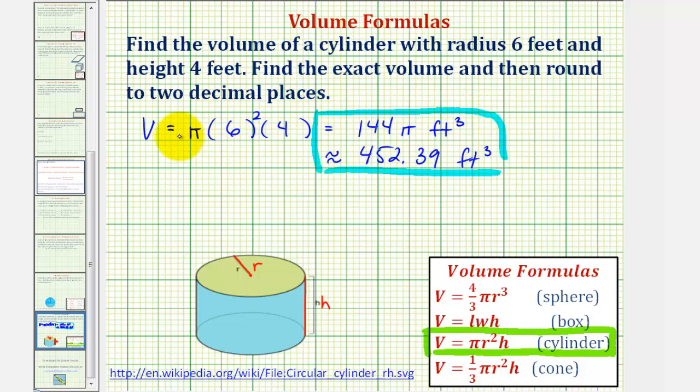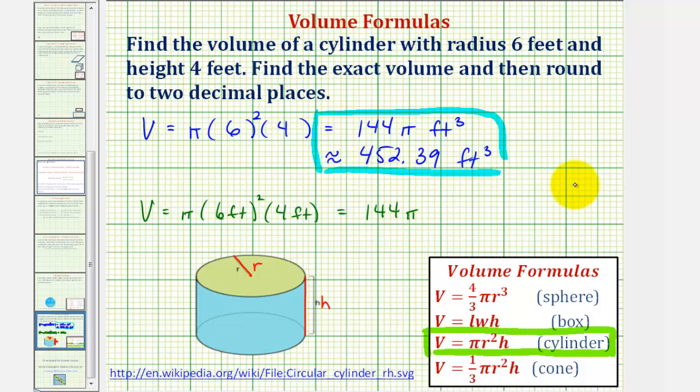I do want to show one more thing before we go. I'm going to do this again and leave the units in the formula. If we have the volume equals pi times 6 feet squared times 4 feet, notice how we would still have 144 pi,